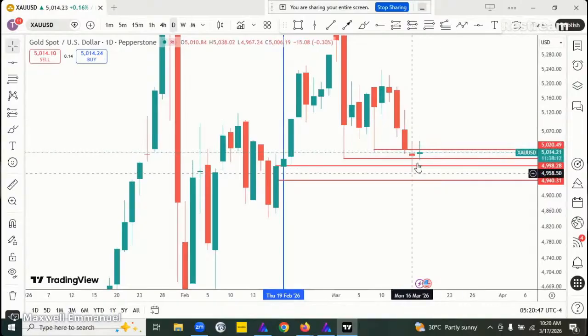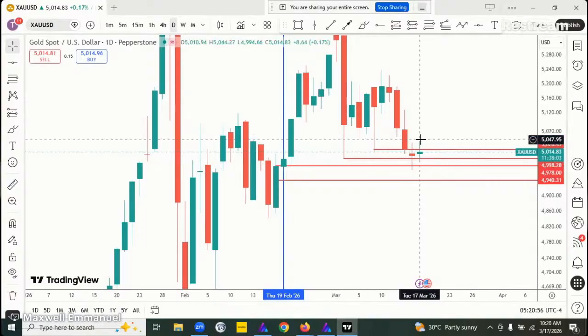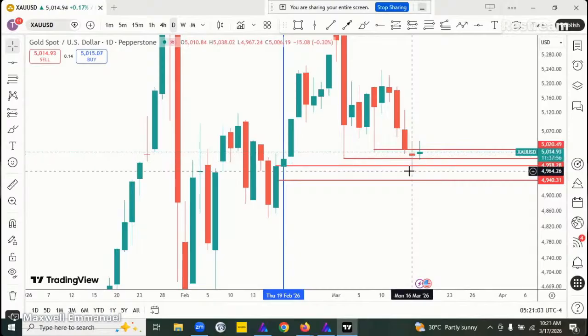So after this spinning candle, I still believe they would come for this low, because right now the impatient traders, most retail traders, would have entered buy after the formation of this yesterday, and their stop losses will be residing at this low. So I believe they are still going to come for this low, the liquidity residing at this low.